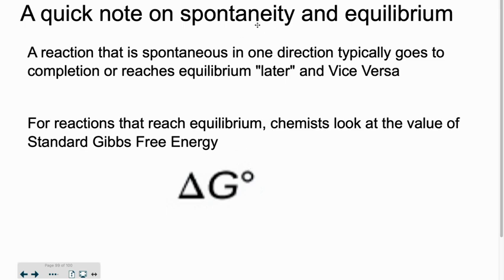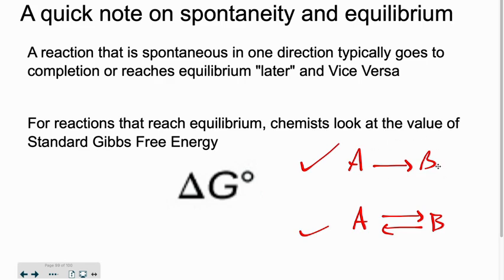And lastly, a quick note on spontaneity and equilibrium. So we learned about the concept of equilibrium. We learned that some reactions go to completion, and some reactions reach equilibrium. So what causes this? If A goes to B and this reaction goes to completion, this means that the forward reaction is spontaneous. Whenever you have a forward reaction that is spontaneous, that reaction either tends to go to completion or it reaches